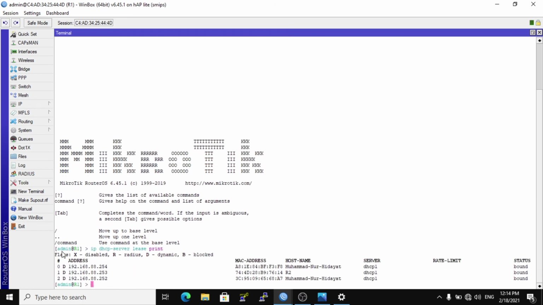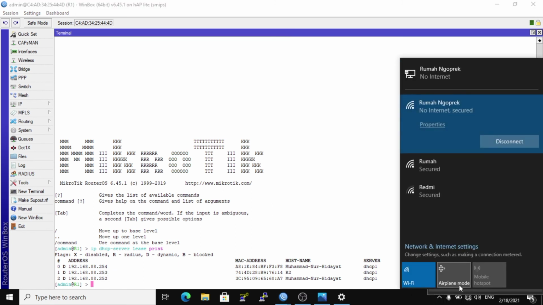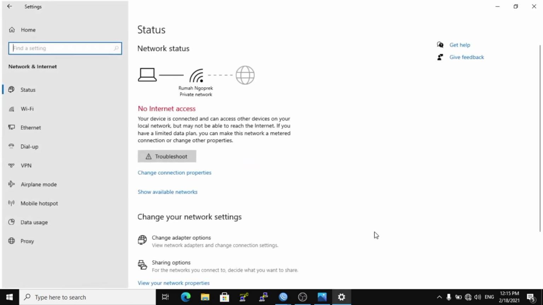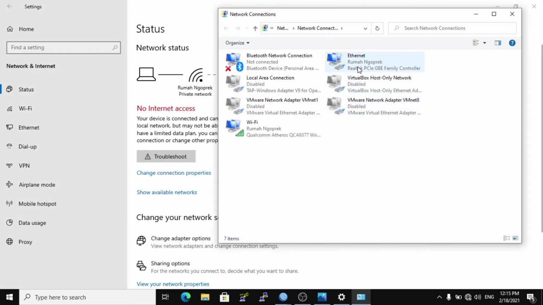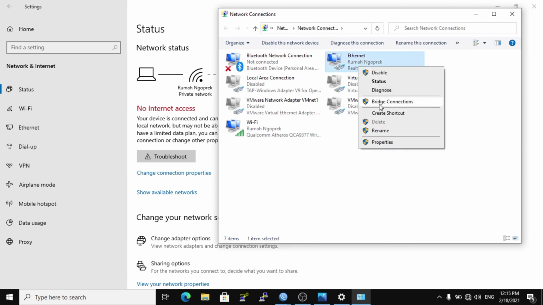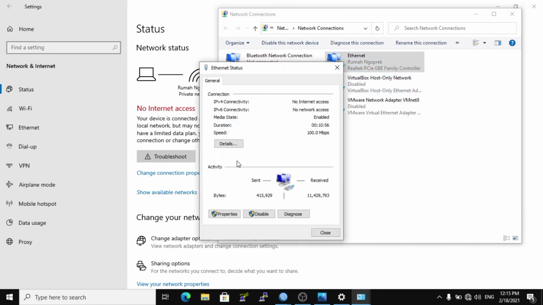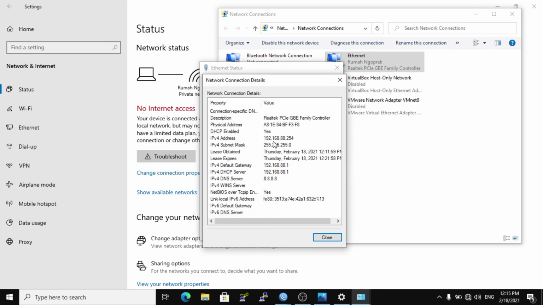Check IP DHCP server lease print. This is IP DHCP server lease print, 192.168.88.254. This is the IP in network internet settings, change adapter. This is the IP of Ethernet, 192.168.88.254.